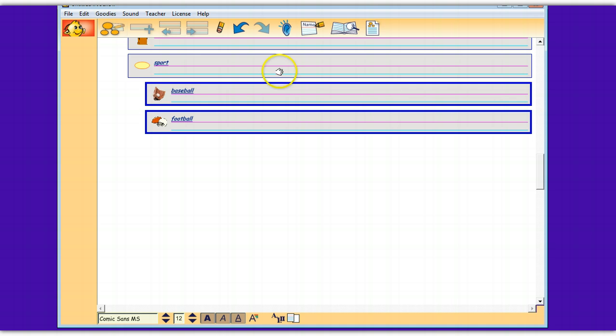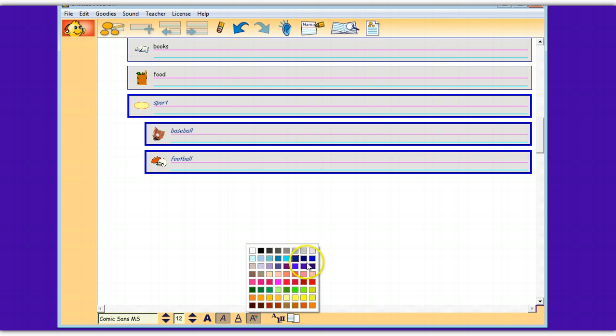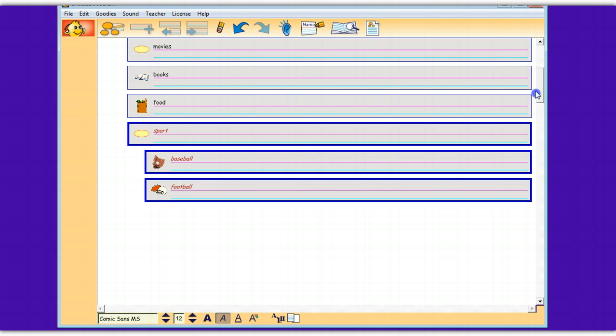Now you can also select more than one sentence strip the same way you select symbols by holding the shift key down. So if I wanted to format all of the sports and make them unbold and unitalic, but make the font red, all I did was hold the shift key down and select those. If I wanted to change something in